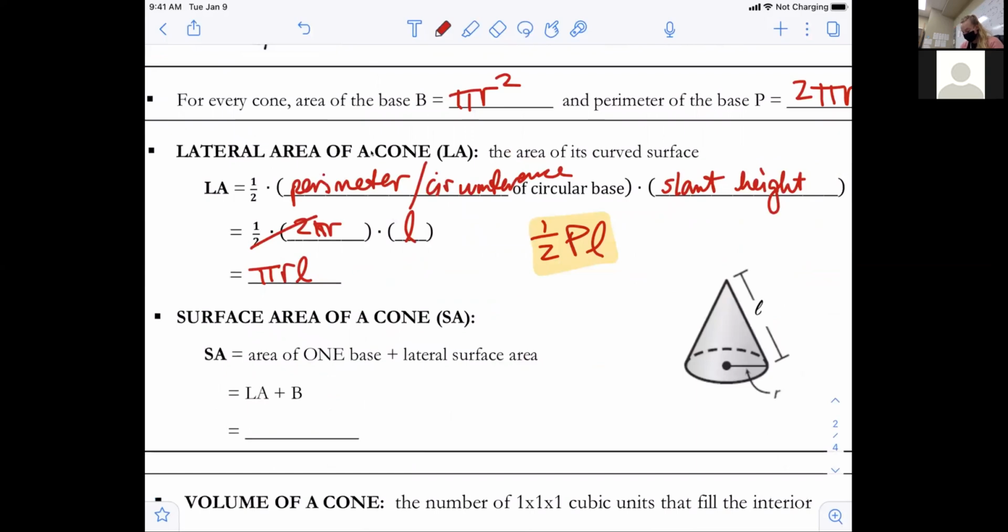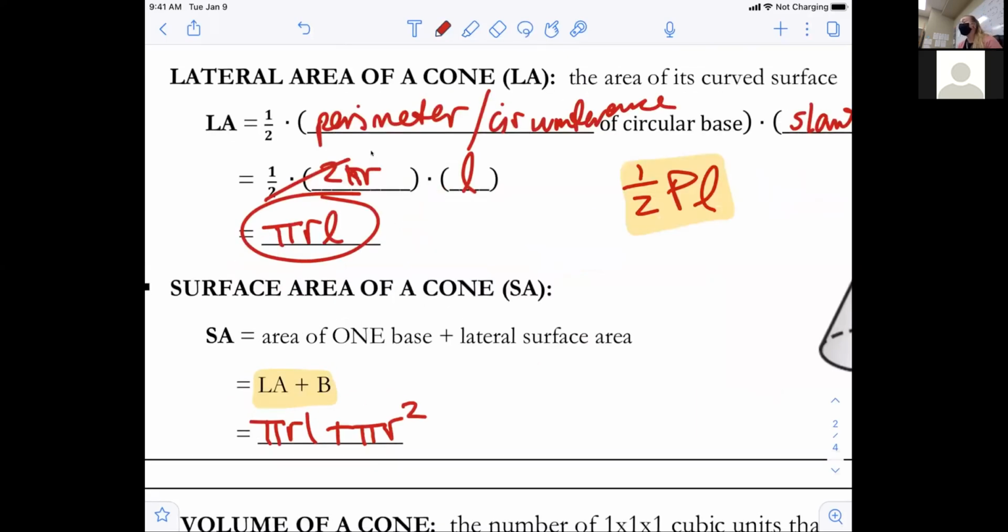This one's also okay. Surface area is the exact same idea, area of one base plus the lateral area. So I'm going to use LA plus B, again, like we just spent 5-10 minutes practicing. Or you could think of it as LA, which a minute ago we just wrote as pi r L, and then base is just pi r squared. So again, you're welcome to use those. I just personally won't remember it. And I think it's easier to identify height, slant height, perimeter, and base first,